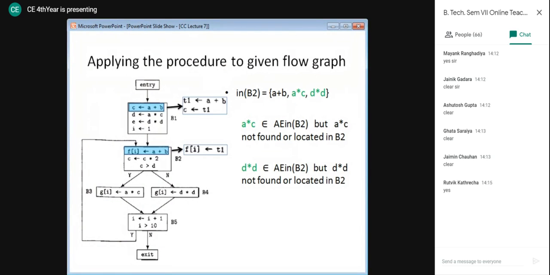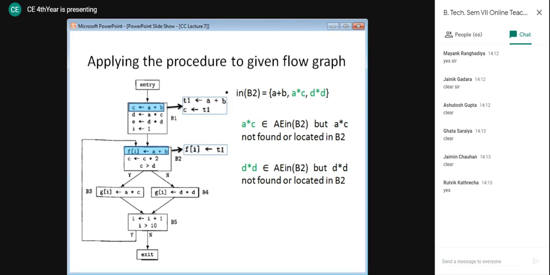Now we will move on to the next two expressions in our set. a into c is present in the in-set of B2, but a into c is not found or located in B2. So we will skip it. Next is d into d. It is present in our set, but it is not found in B2, so we don't have to take any further steps.